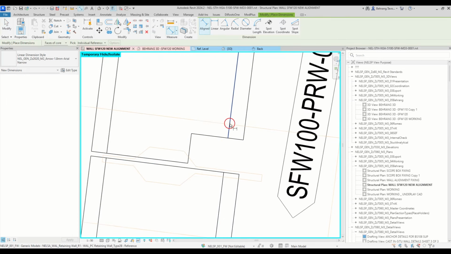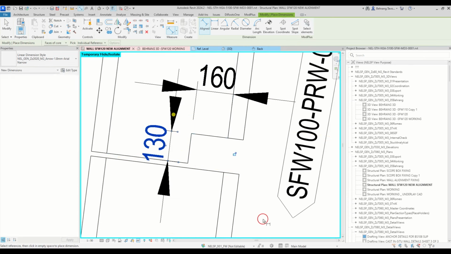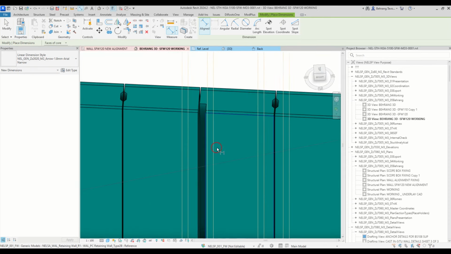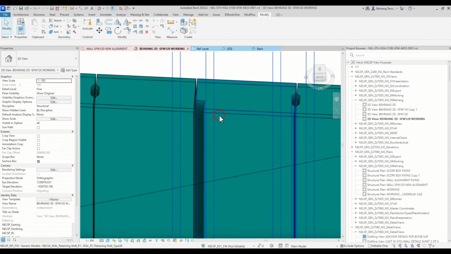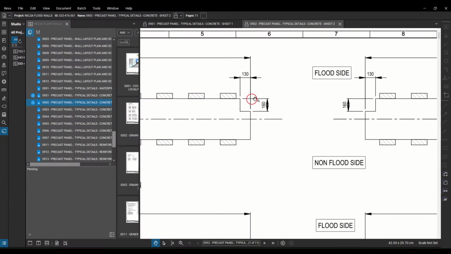So let's even dimension it. From here it is 160 and from there to there is 130. On the 3D, how it looks as per the detail. Congratulations, now you have a recess inside the wall which matches this detail,